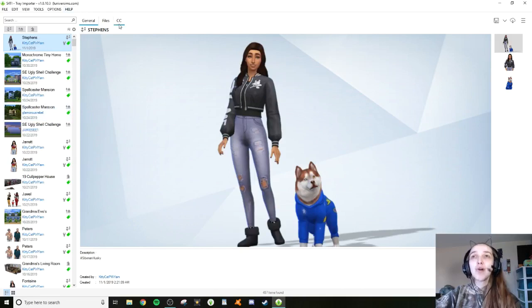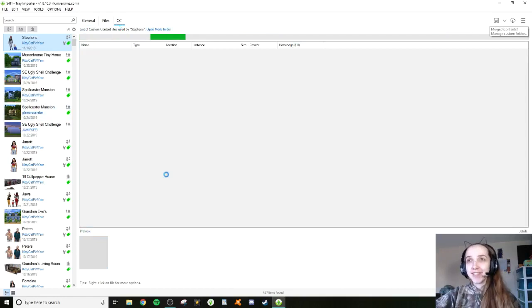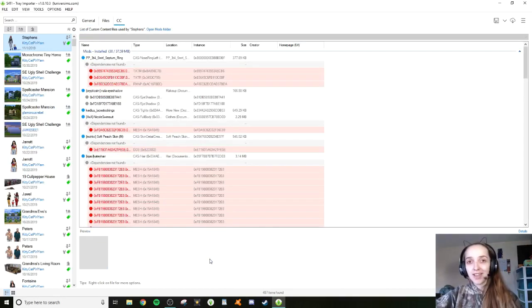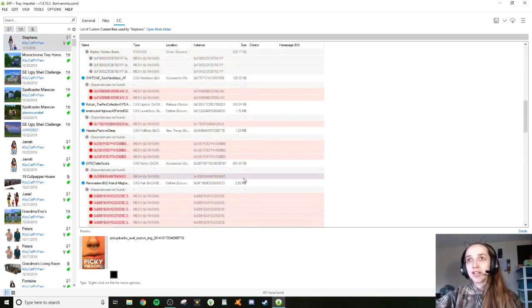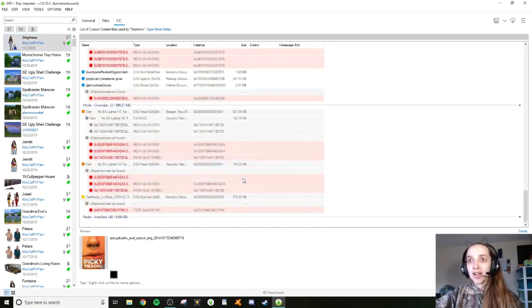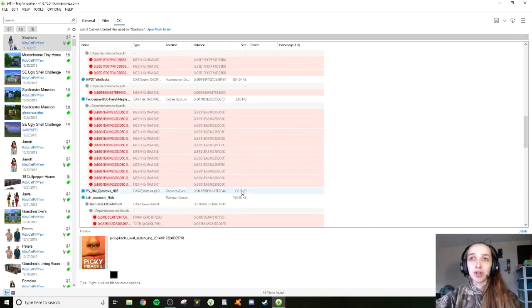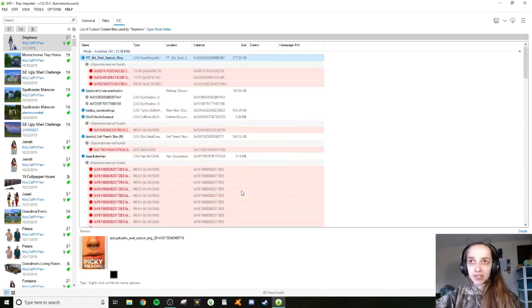So we're going to go over on the top all the way to the right and click CC. And this is magic. I'm convinced. So this girl does have a septum ring in, and this is the full list of CC that's used, and all the red ones are ones that are used multiple times, or meshes. So yeah,